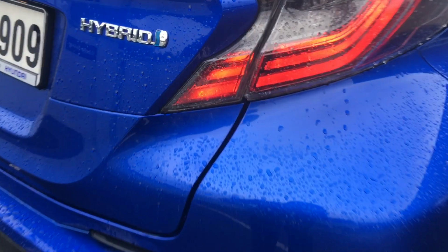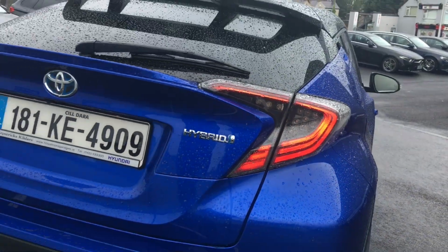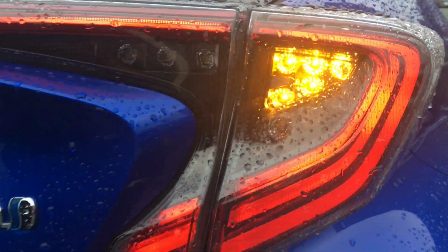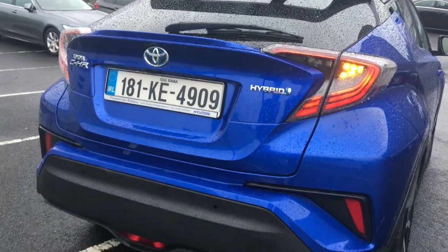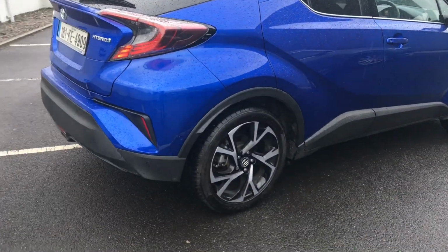I also quite like these LED taillights, because a lot of the CHRs I've seen don't have that style of taillight, and also the indicator is tinted and it's also a nice LED. Again, not every CHR I've seen has that feature. There is parking sensors across the rear of the car, there's a nice spoiler up through here, and these wheels